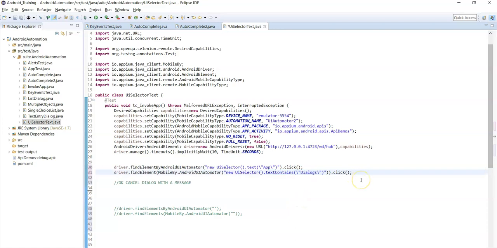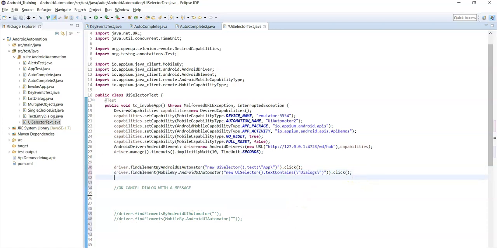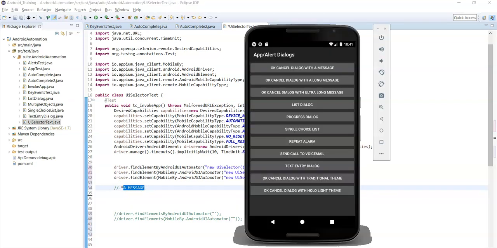Now there are two more methods, right? Text starts with and text matches. Now let's use text matches. Text matches method, and pass the regular expression here instead of placing the complete text attribute value. Instead of placing the complete value, you can place dot star a message. So you can check whether there is any other element that ends with a message in that screen.